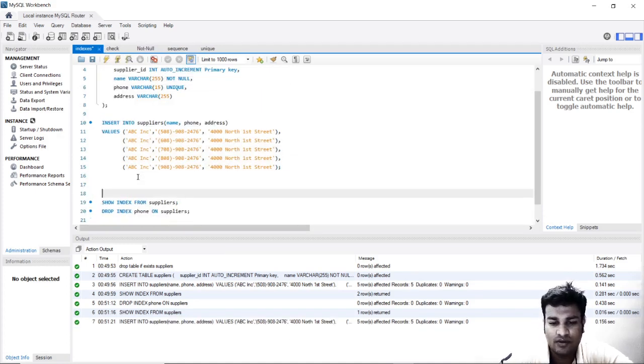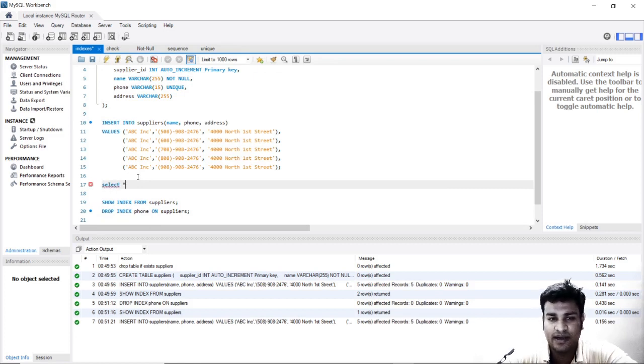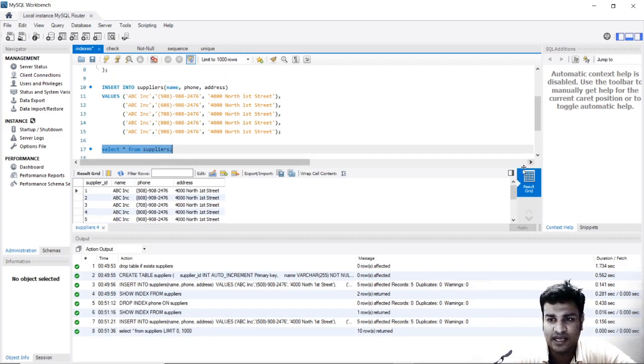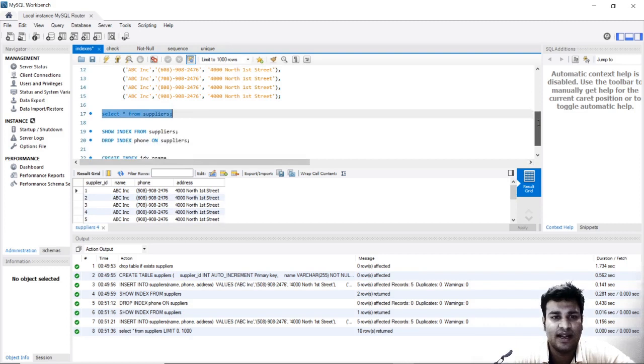Even though we built the unique constraint while creating the table, if we drop the index, how will the system check? See, it has repeated values. It has repeated because we have dropped the index, right?